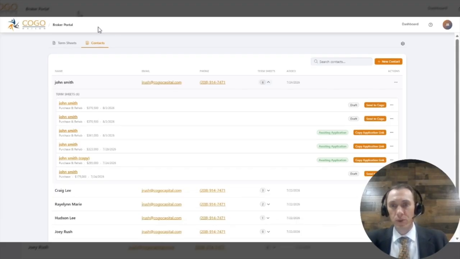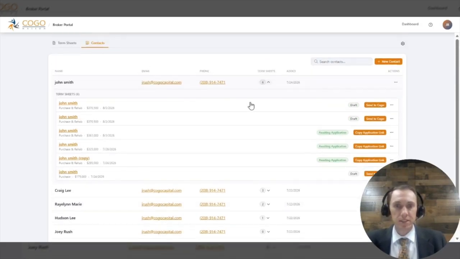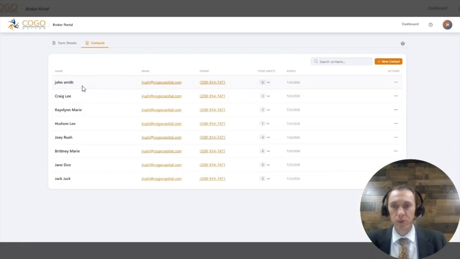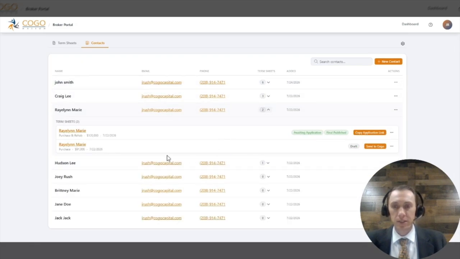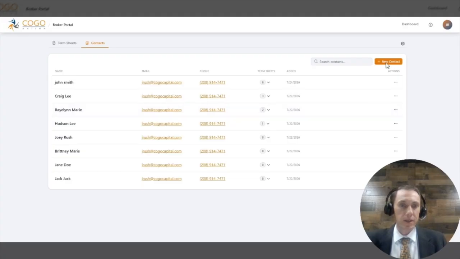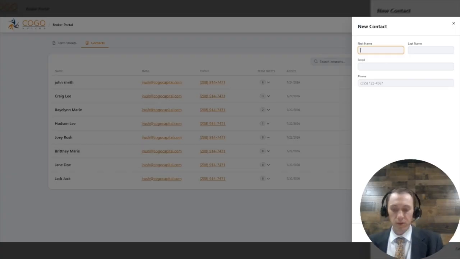Hello, Cogo Nation, going over contact page inside of our broker portal. This is where we're going to house all of our contacts. Inside, it shows all of our term sheets for each contact. Very exciting to see the status, how many term sheets we're issuing for each individual contact, and prioritize which ones at what stage. To add a new contact, we're just going to put new, add their first name,